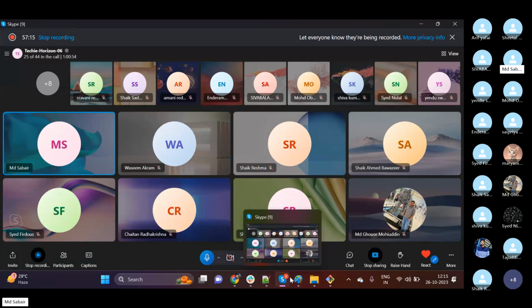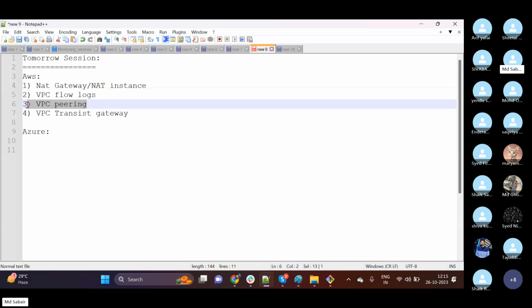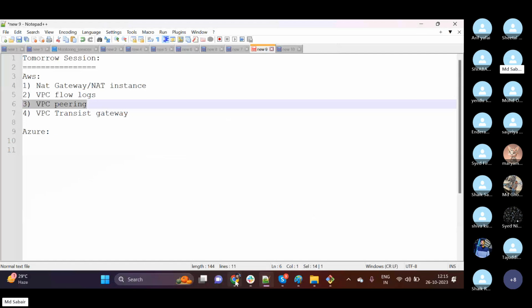No? Okay. And then we have one more concept called VPC peering. So peering is very important. Okay, so why do we need peering? For example, let me show you the problem first and then we can talk about the peering. Okay, for example,